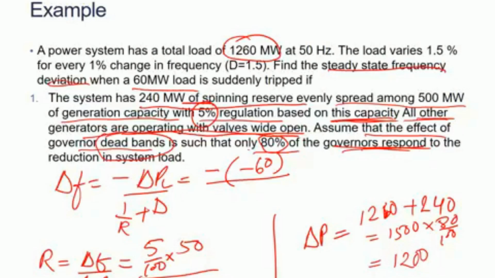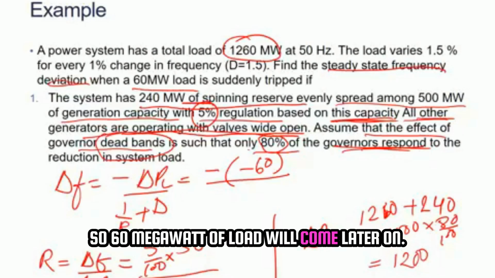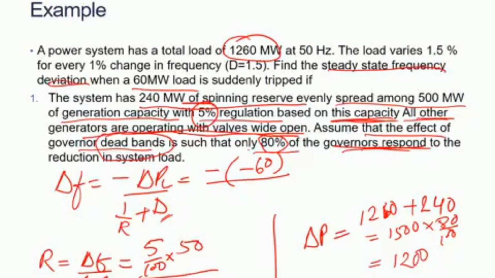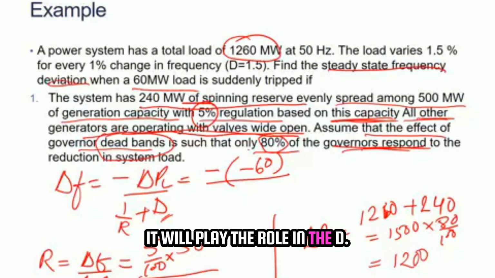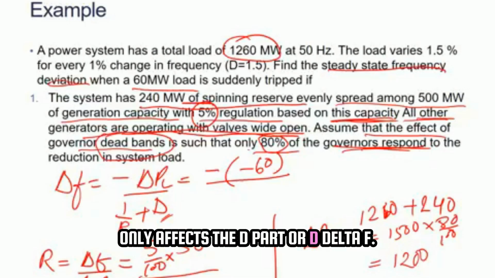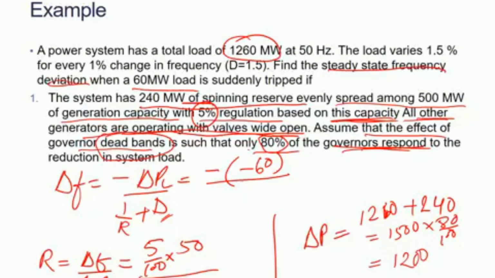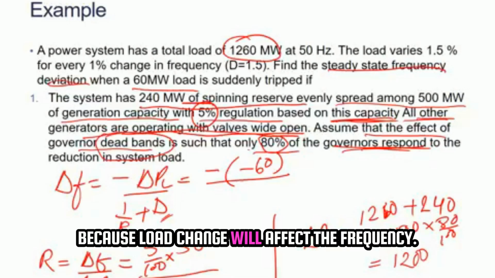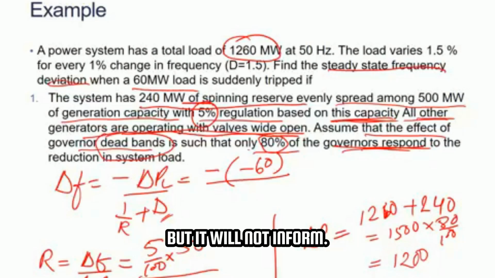Clear? What about the load? 60 megawatt load. So 60 megawatt of load will come later on. It is affected in D, not in R. It will play the role in the D because the load change only affects the D part, or D delta F. The load change does not affect the regulation part, because load change will affect the frequency, but it will not